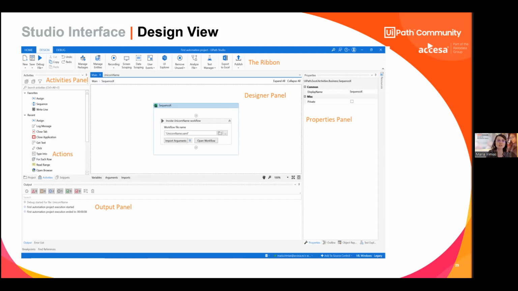But those activities are just a default set. You can enhance the set of activities you are using in one automation by going to Manage Packages and installing new packages which are built by you or provided by UiPath and the UiPath Marketplace. So you have there the activities which allow you to instruct the robot what to do.